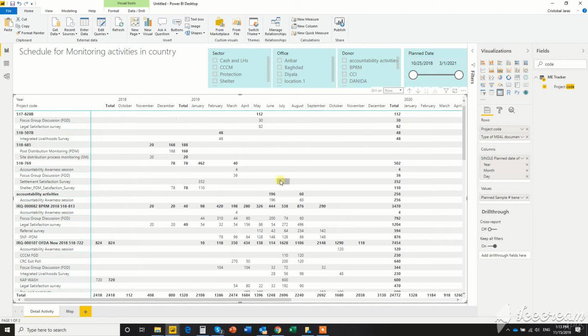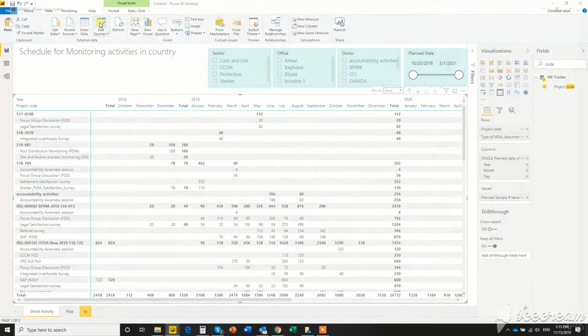Okay, so you have your table, you have your slicers, and let's say you want to add a bit of color to this to say the ones that have been selected, completed are the ones that are still pending. To do that, we need to assign a numeric value to the indicator of completed, planned, or cancelled. So we go to Edit Query,